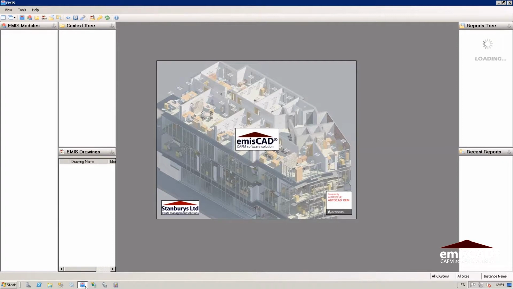So this will require us to go into the site management module, create the site, and then we'll create a new drawing and then create the space in the drawing. So first of all we're going to go into the site module